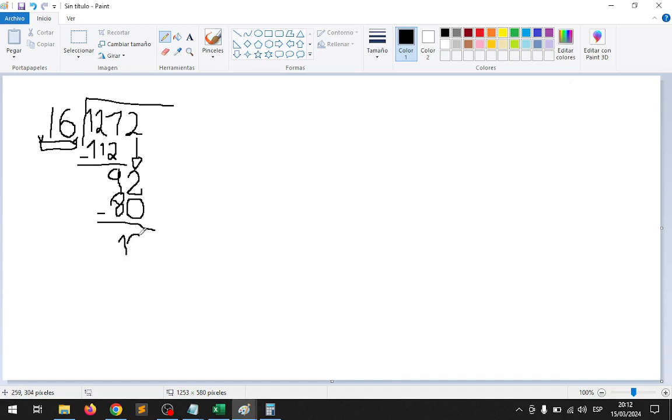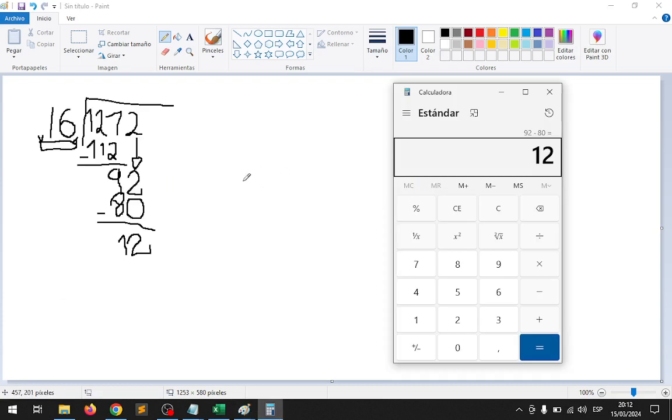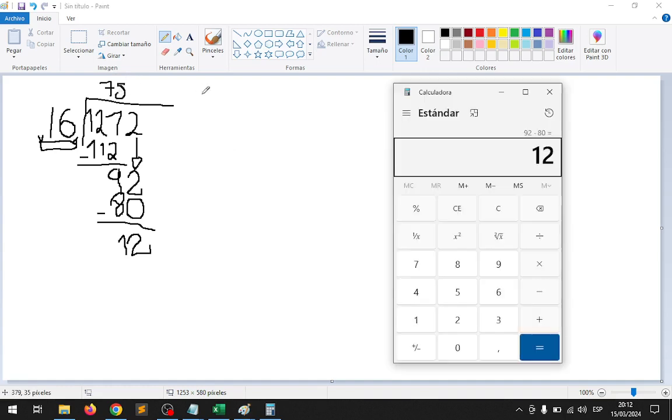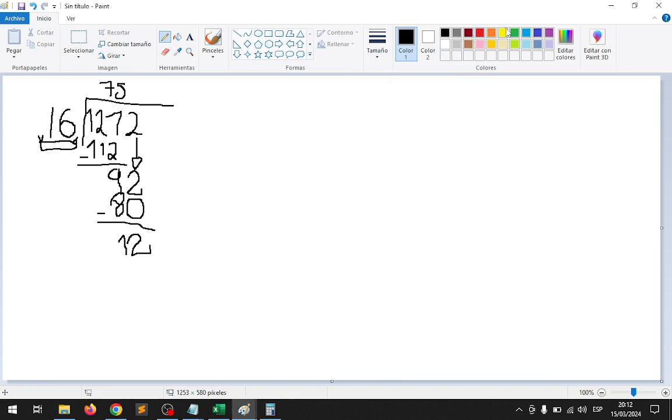So 12. Oh, but I didn't write the numbers, right? So the numbers were 7 and 5. Let me check it. Yes, 7 and 5. Okay. Now, in this moment, we stop with the division. Why? Because you don't have any numbers to move down, and this number is smaller than this one. Okay, so we stop here, but